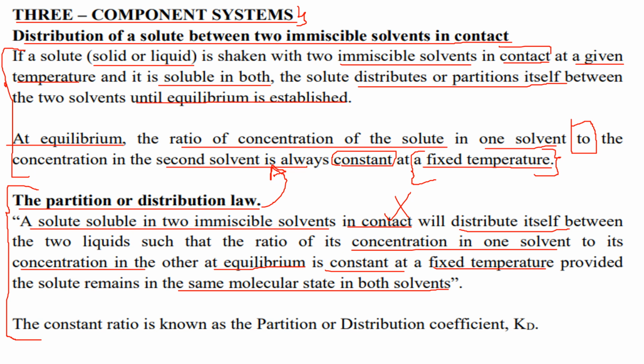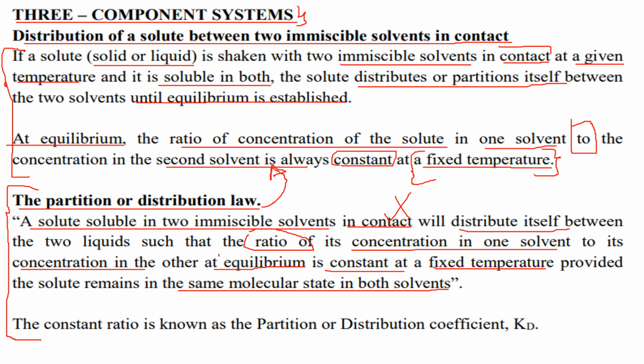Now the key points in here: you have immiscible solvents that are in contact. So when you're summarizing, whenever you are writing this law, you shouldn't miss out immiscible liquids that are in contact. That condition must be there. And then you also talk about the distribution. Its distribution is going to be in such a way that the ratio, so you should also include this word, the ratio of its concentration in one solvent to the concentration in the other solvent